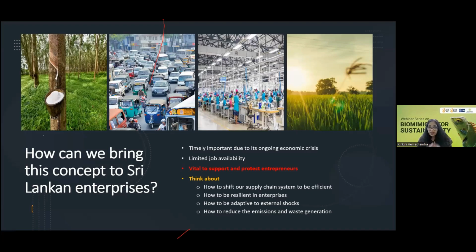So as I know that this webinar series is thankful to the collaboration between India and Sri Lanka, therefore I took some examples and see whether Sri Lanka will be benefiting and whether India will be benefiting. Of course, as you know that our good neighbor who supported us enormously during our hardship period, still we are in the hardship in Sri Lanka with the economic crisis. So within this economic crisis and just after the pandemic, we can see there are a lot of opportunities that we can incorporate biomimicry into our Sri Lankan economy.